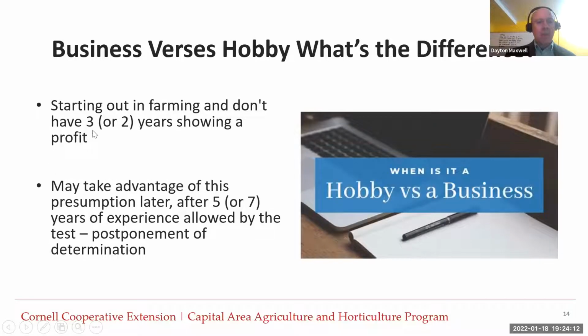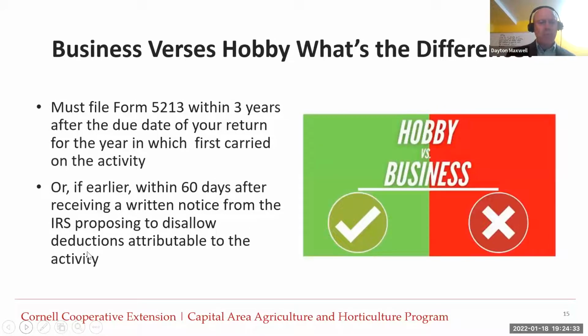All right. So what about starting out in farming and you don't have the 3 of 5 or 2 of 7? You can postpone this determination. I'll just mention this form. In order to postpone the determination, you can file Form 5213. This is a federal form,